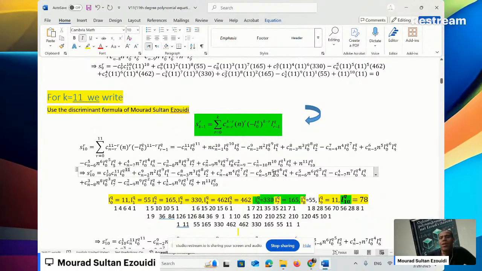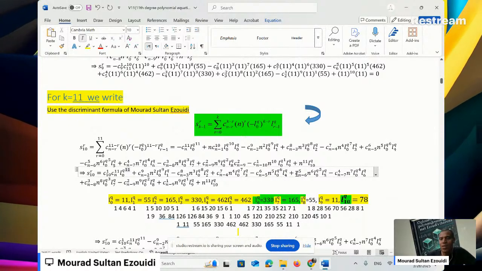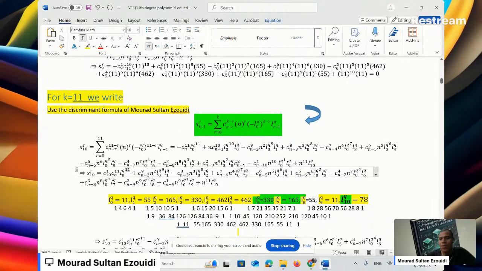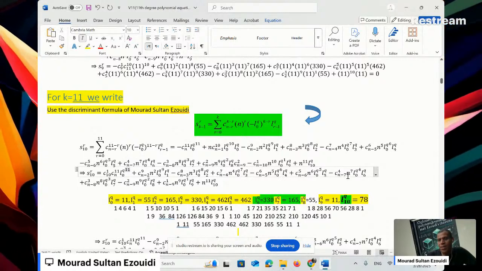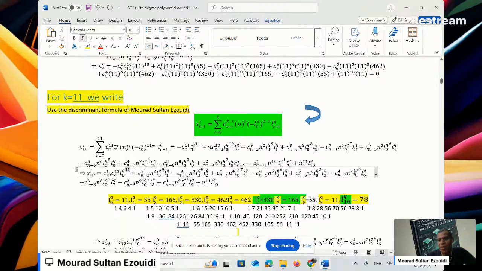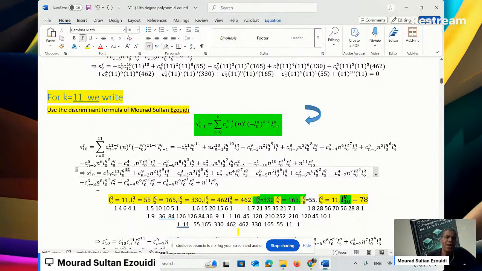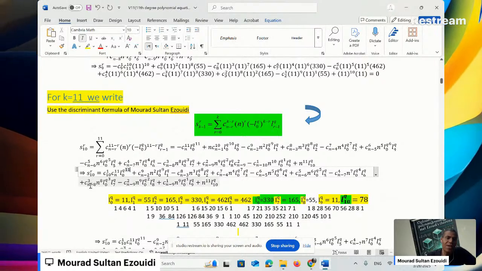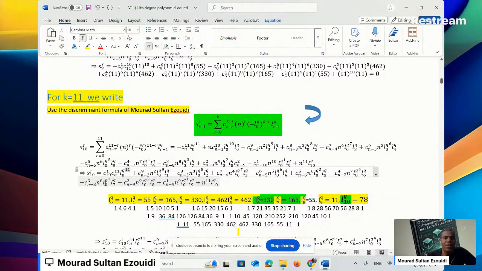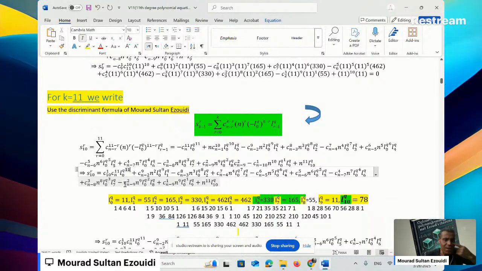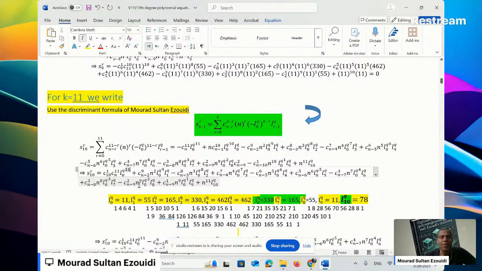Okay, times n, n raised to the power 5 times L0 for the q raised to the power 6 times L4, plus combination n minus 6 choose 5, n raised to the power 6 times L0 for the q raised to the power 5 times L5, minus combination n minus 7 choose 4 times n raised to the power 7 times L0 for the q raised to the power 4 times L6, plus combination n minus 8 choose 3. You can see that n minus 8, 11 minus 8 is 3, 3 choose 3 is 1. Okay, n raised to the power 8 times L0 for the q raised to the power 3 times L7, minus combination n minus 9 choose 2 times n raised to the power 9 times L0 for the q squared times L8,